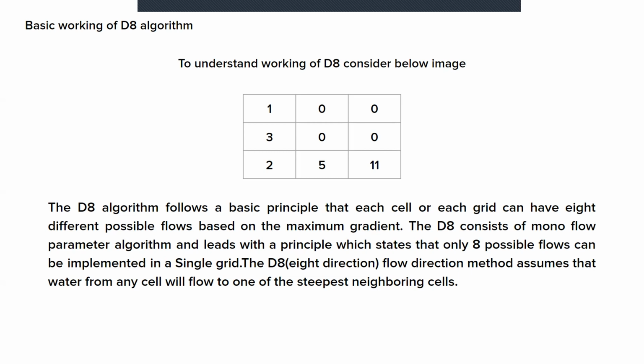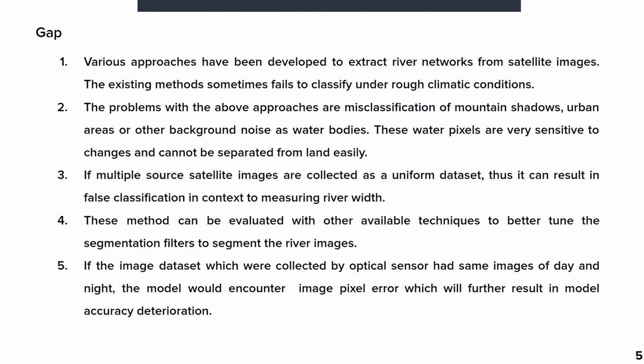So with the base level, the river downstream can be calculated from this matrix itself, so that the river would be flowing in the left direction, towards the north left of the particular surface area. So this is the basic working of the D8 algorithm, which gives us the elevation, altitude, upstream and the downstream of the particular river. After taking into consideration all three algorithms, or techniques, there are